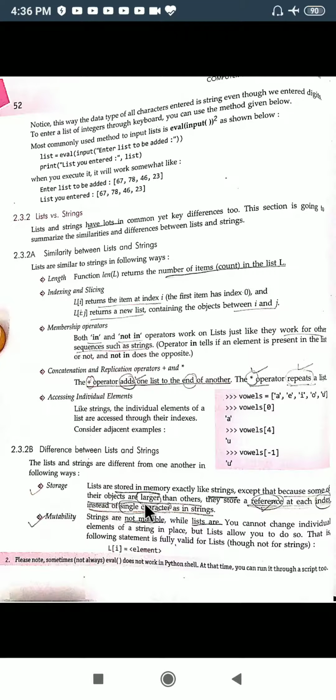Storage in lists is different. If we are storing a large amount of data by means of a list, then instead of storing this data directly, what will we store? The address. Wherever this value is stored, I will store the address of it. If I cannot store the data directly, I will store addresses inside it. So in a string we store the data directly, but if the data is too large, then we can store the address of that data in lists. In this way it varies.